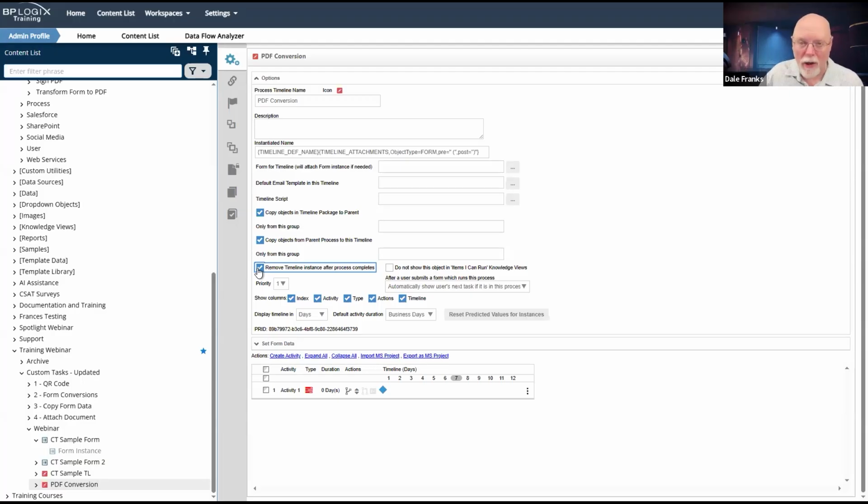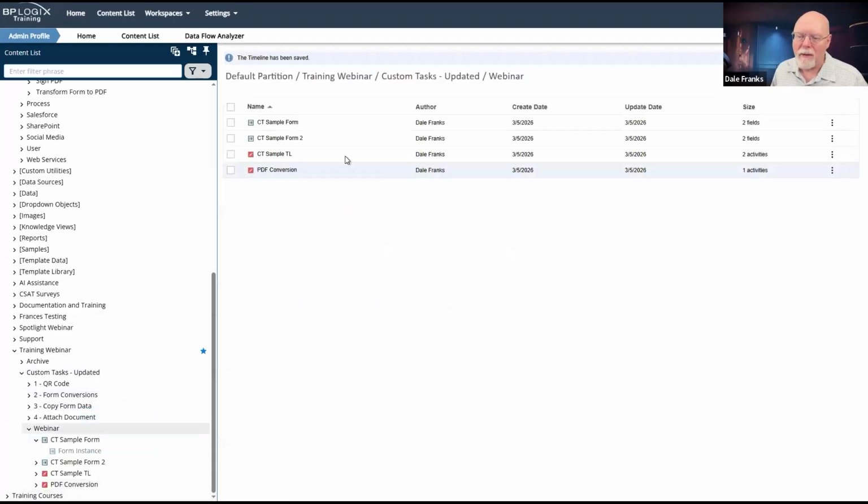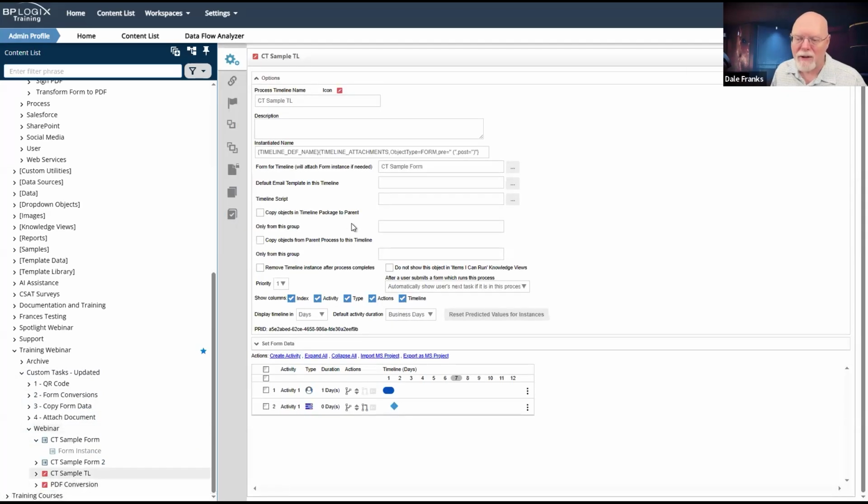Just as if I wanted to run it directly off of the form, or directly in the parent process timeline. What this enables me to do, though, is to run it asynchronously. I can invoke it. My parent process timeline just keeps moving on through the process. And for this complex and often lengthy custom task, it's just going to run in the background as a sub-process, because I've invoked it from the parent via the run process custom task.